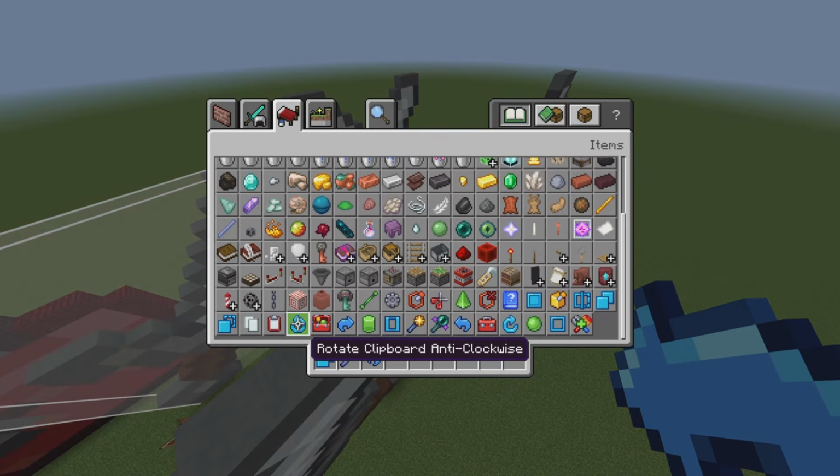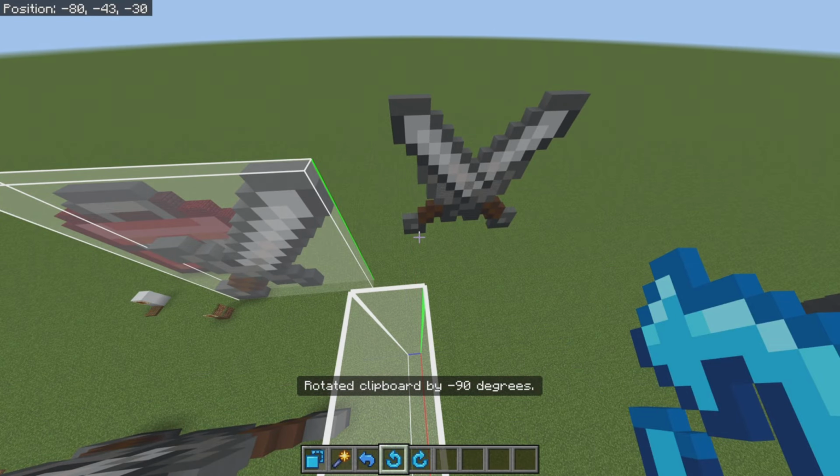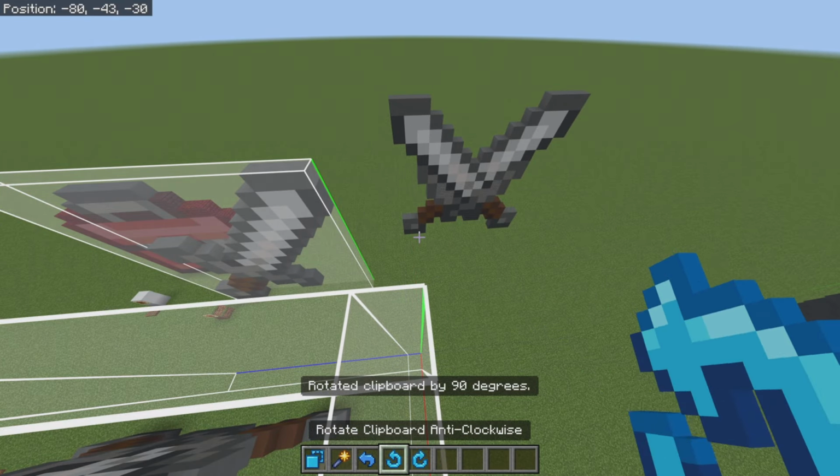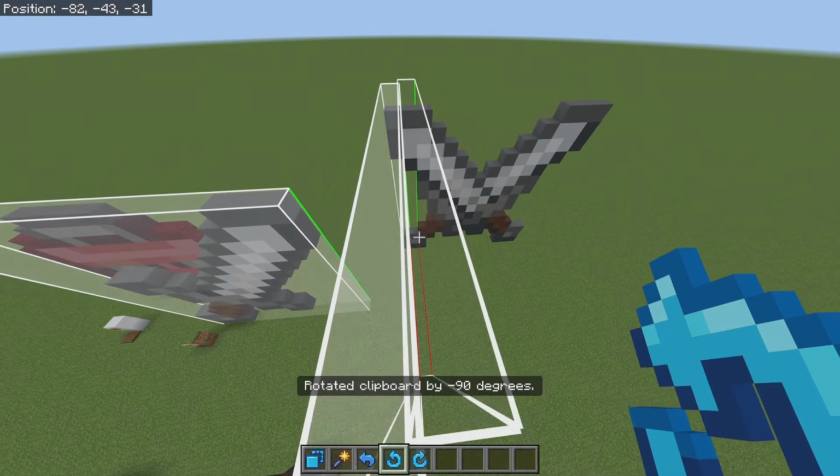You also have the rotate item, which is also the same. There's 2 rotate buttons. There's 2 of these. And it doesn't really matter which one you use because it will just do the same. This one just goes in the opposite direction. This one doesn't. I don't know why we need 2 when 1 is great, but I guess if someone